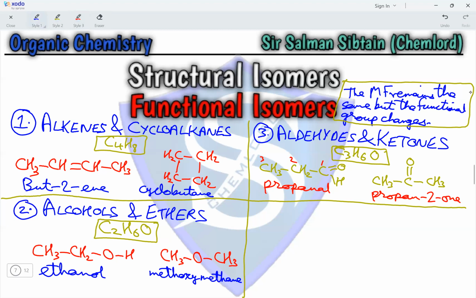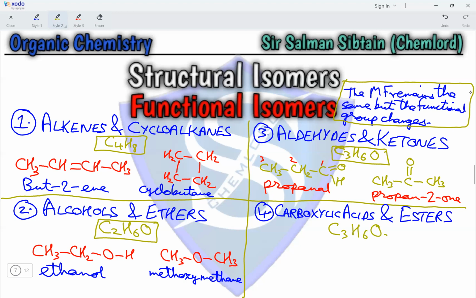The next set of functional isomers we would be looking at would be the set in which we have carboxylic acids and esters. And the carboxylic acids and esters we would be looking at would have the molecular formula of C3H6O2. So a 3 carbon carboxylic acid would be